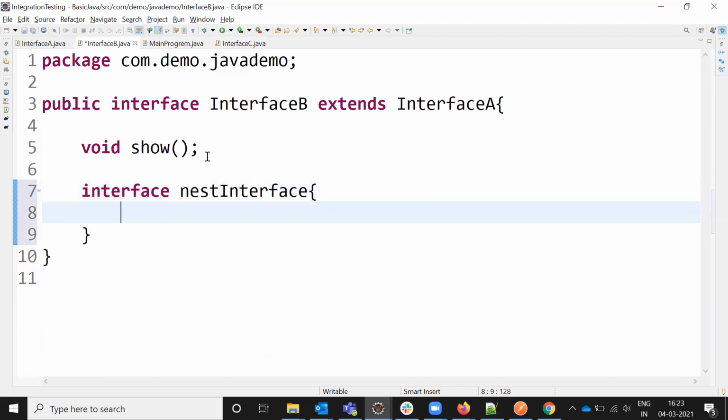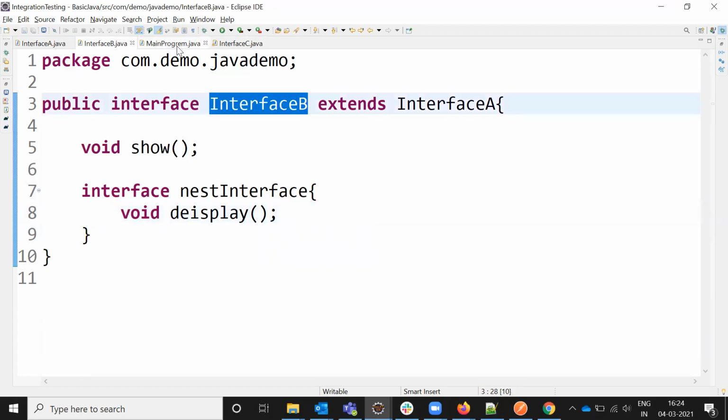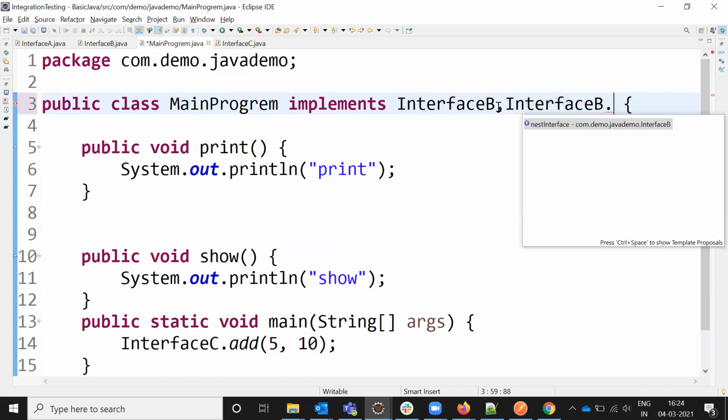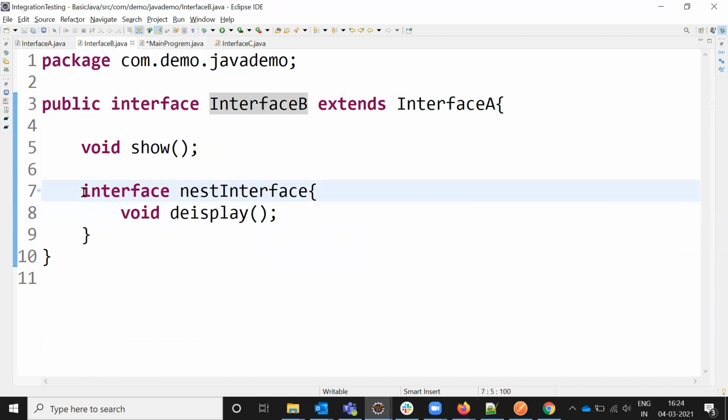Here we can create values, like we can display one, and this one I'm going to implement there. I can access this one, comma dot. Okay, I think I have to make it public.